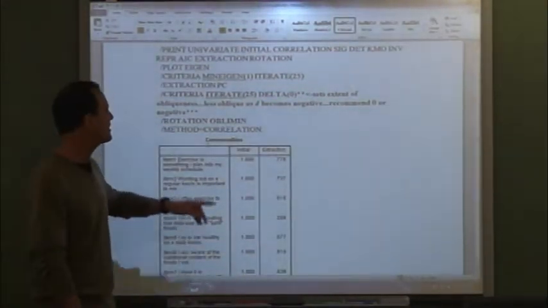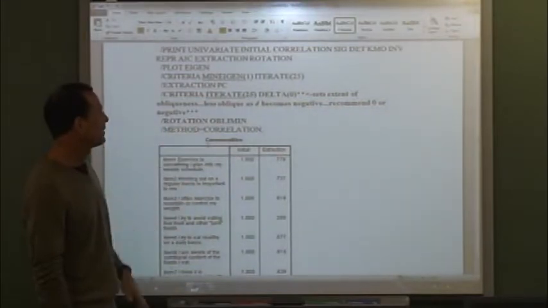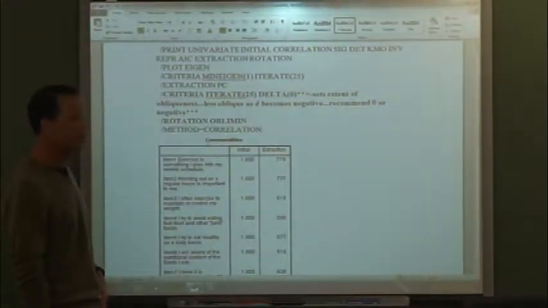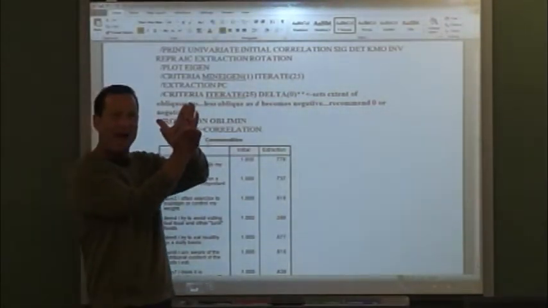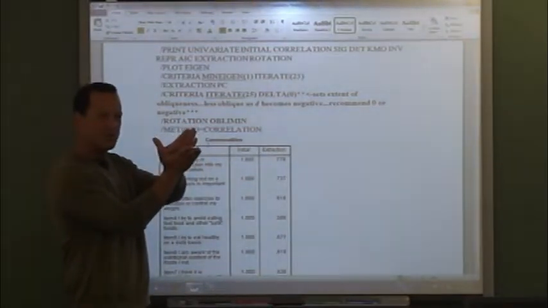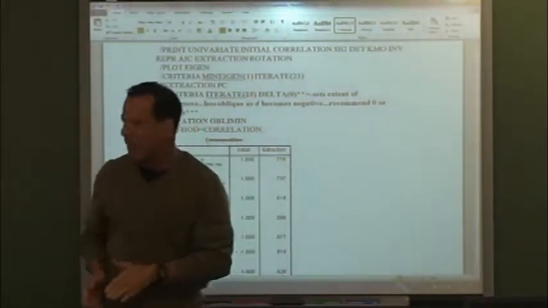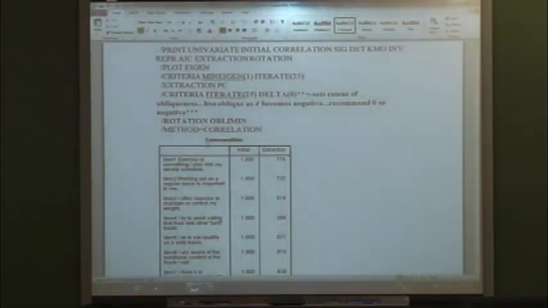Basically, the delta sets the extent of obliqueness. Less oblique as d becomes negative. What does it mean? You can actually set how much of the relationship you want them to be. You see, the way to think about this, everybody, even geometrically,